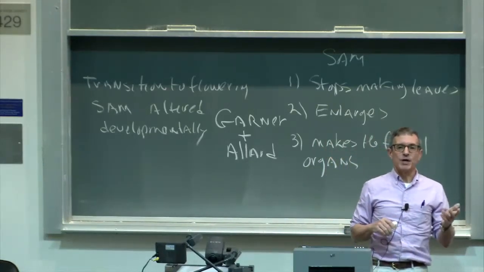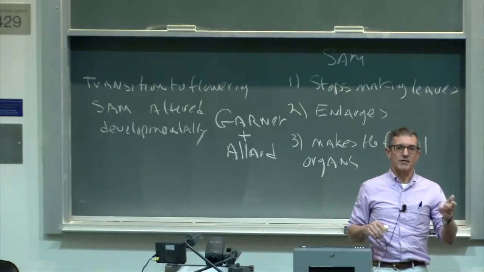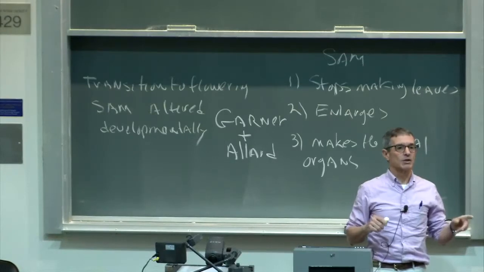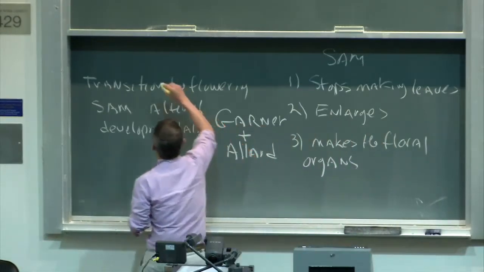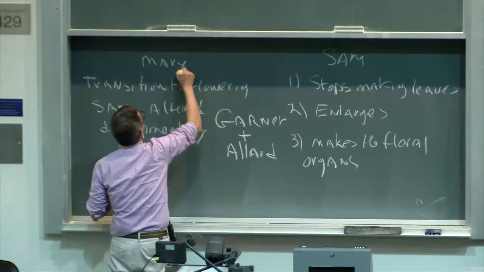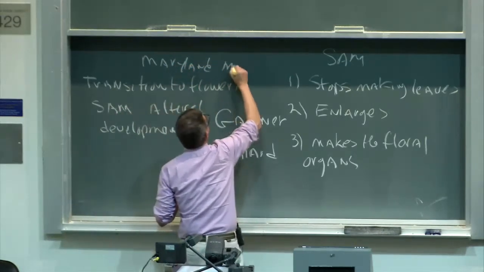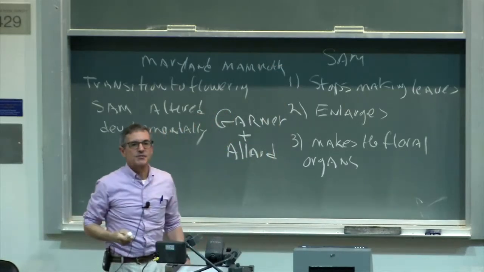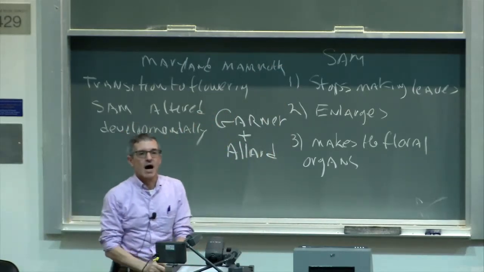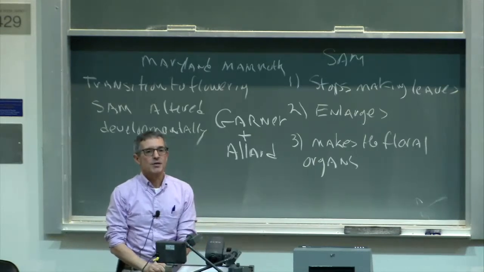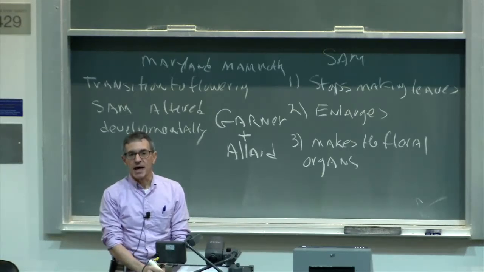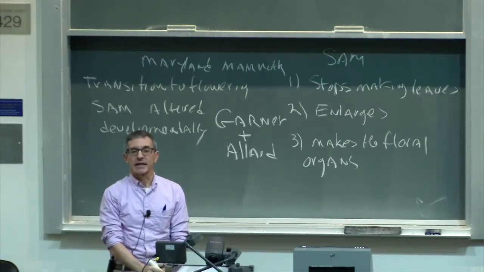And for the first few years after they broadcast the seeds, at the end of the summer, they noticed that there were a couple of plants in their field which were quite large. They were so large, they called them Maryland mammoth. And they hoped to collect seed from the Maryland mammoth plants. But unfortunately, these plants had not flowered by the time the first frost came in Maryland. And so the plants were killed, and Garner and Allard were unable to collect seeds from them.